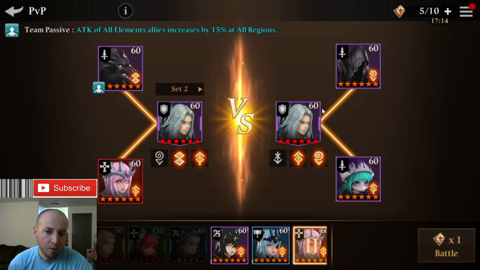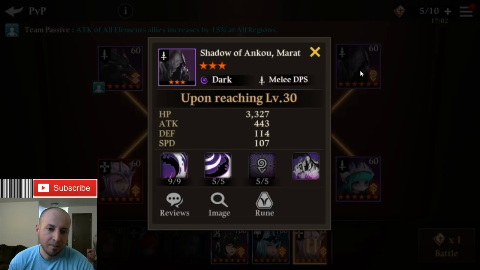And there's no other elements to use, and you get the dark passive of attack, you get the HP buff. So with this team here, you need to kill Ishmael as soon as possible. Now Dark Merit, whatever you want to call him, he's a speed nuke,